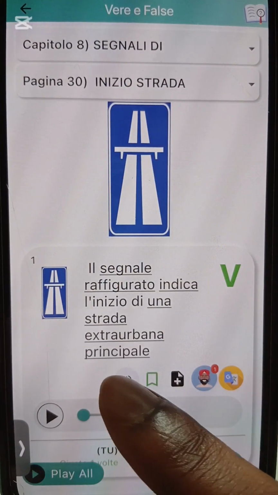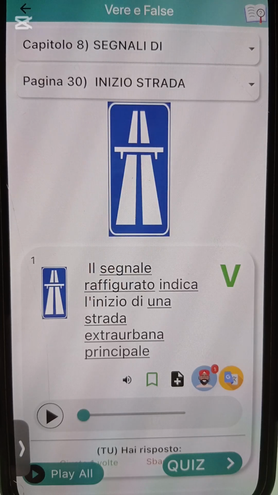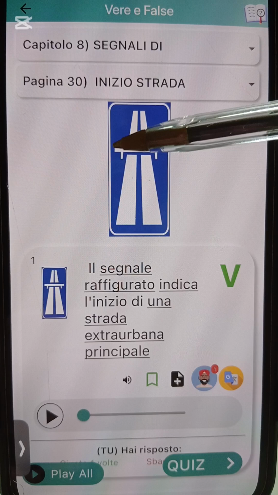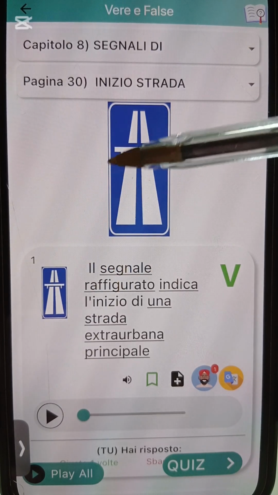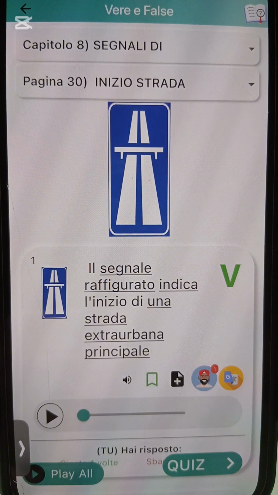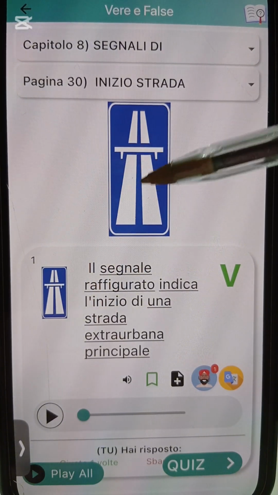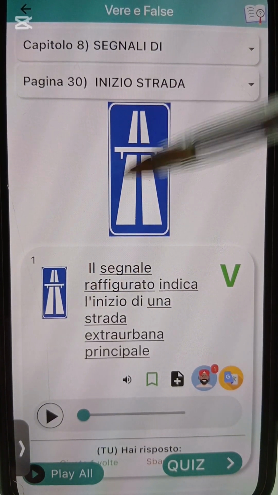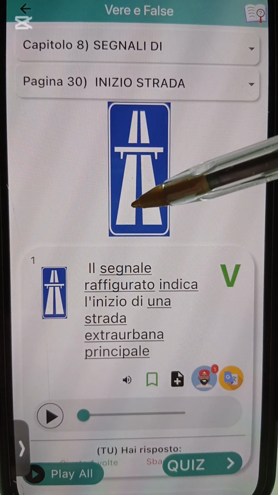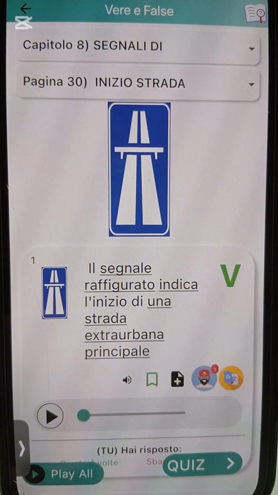Alright? Now let's see. Let us look at this picture very well. This one is the "inizio". Inizio means starting. There are two diagrams here. The other one has something like an arrow. That one only tells you that you can do something like "inversione di marcia". So this one tells you it is the starting, and this particular diagram is for "carreggiata separata", which means different carriageway. We will still reach there.